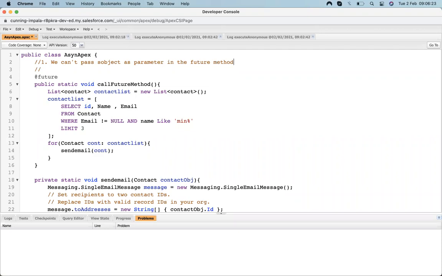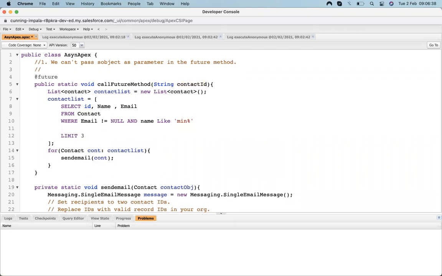Suppose we have a requirement to pass the sObjects, then we have to do one thing: either we pass the ID. We just pass the ID as a string, whatever the contact ID is, I can pass that contact ID and then do a query on the basis of that contact ID, where ID equals this, and it will pass.